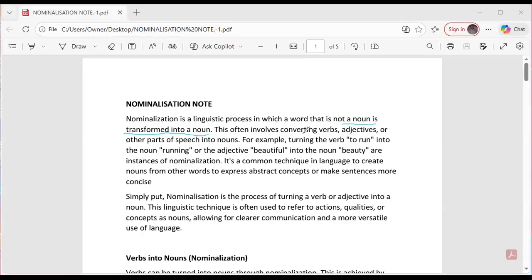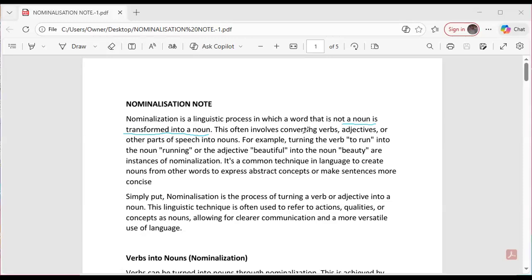By transformation, we're not looking at the word growing wings or becoming slimmer, or at anything physical to do with the human body. We're talking about transformation in the sense that there could be some additives, some letters you could add to the word. That way, the word is changed. That's what we mean by transformation. The word is changed and then it becomes a noun. Do you understand me? Good.